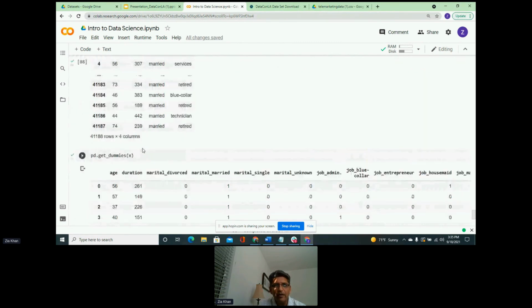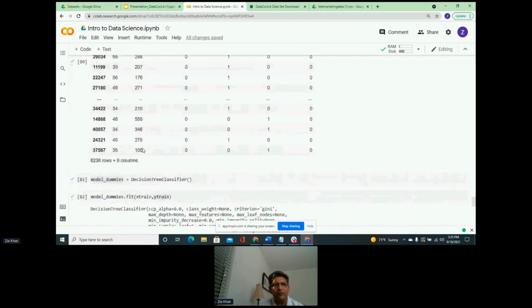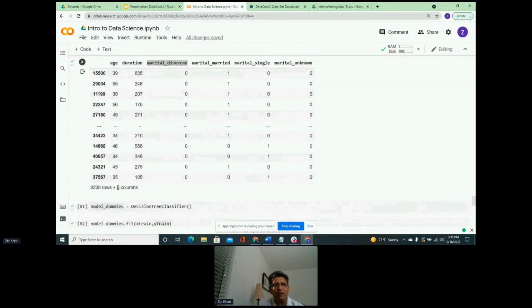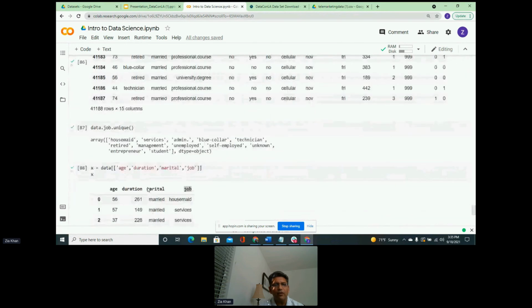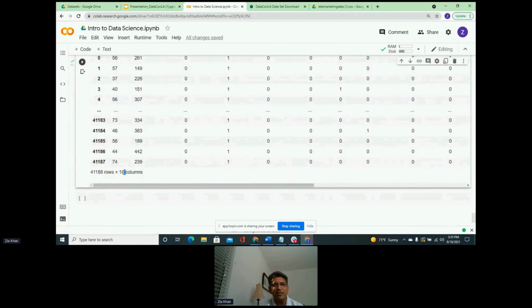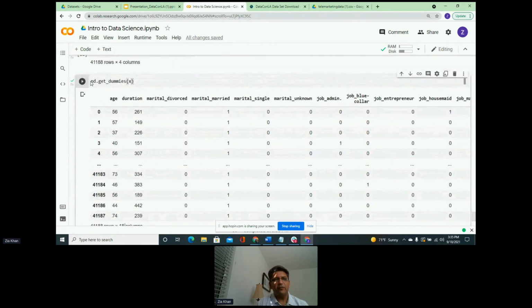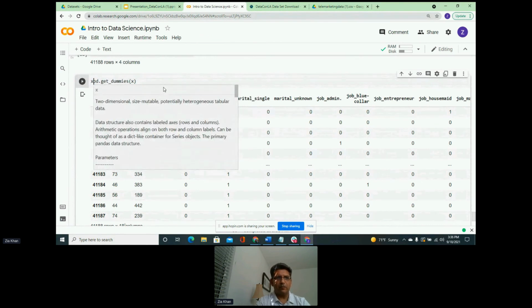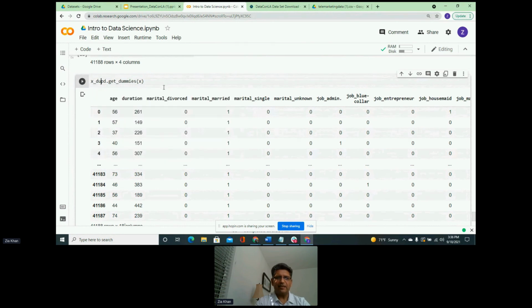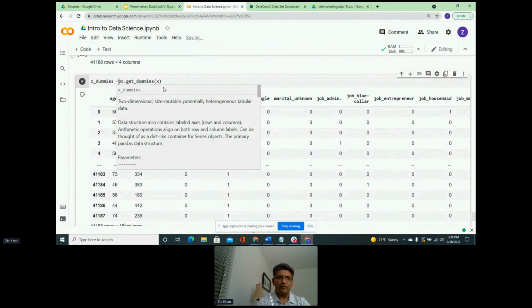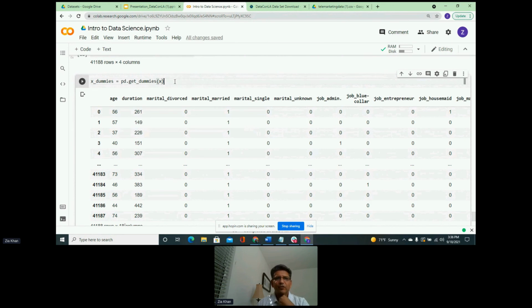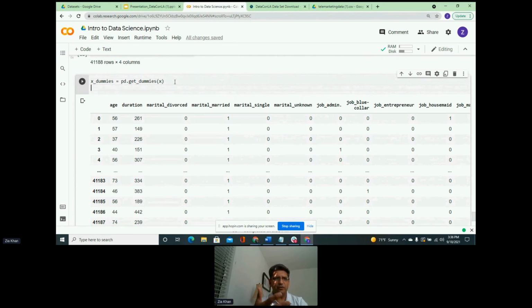Now, earlier we had, I think, 6 columns. When we did get dummies last time, we had 6 columns. Now, if we look at the features after that, we have 18 columns. So our data has grown substantially. So hopefully this helps. So what we are going to do is name this. We're going to call it X dummies, and assign the value of this to this variable X dummies and create this object, and then let's look at X dummies and see how it looks.